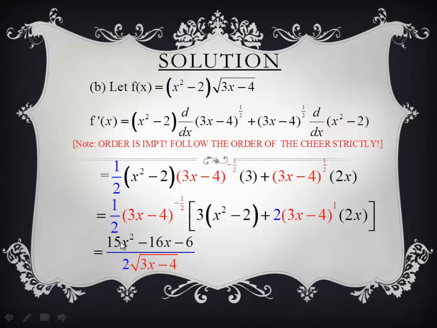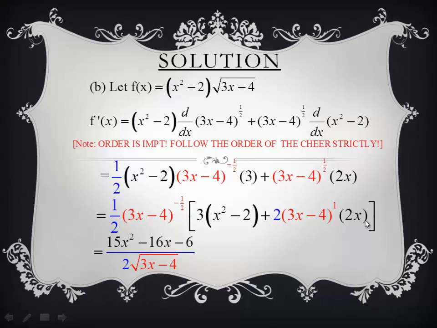So this half, I'm going to put it as 1 over 2. And this 3x minus 4 power minus half, I'm going to bring to a denominator, which becomes square root 3x minus 4. Now how about this square bracket? If you took out the right common factors, it should end up having a very nice expression over the numerator. Let's check. 3 times x squared plus